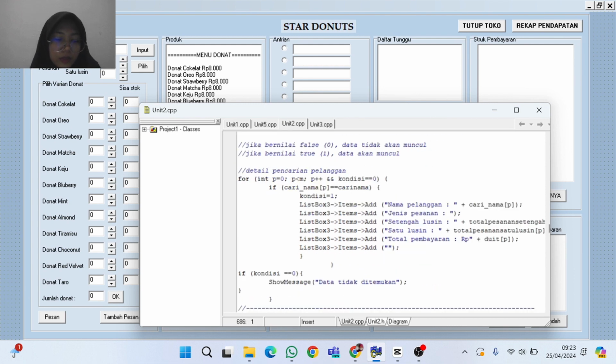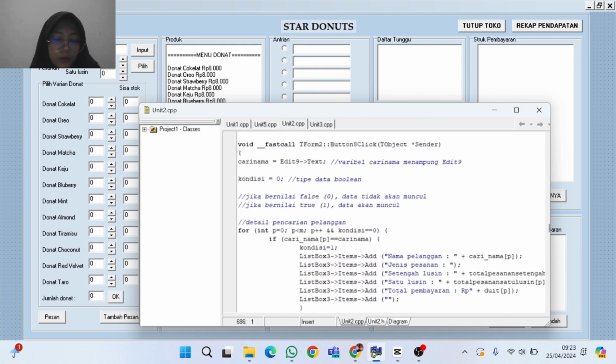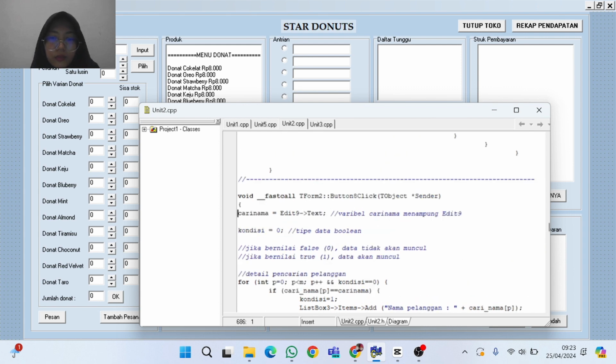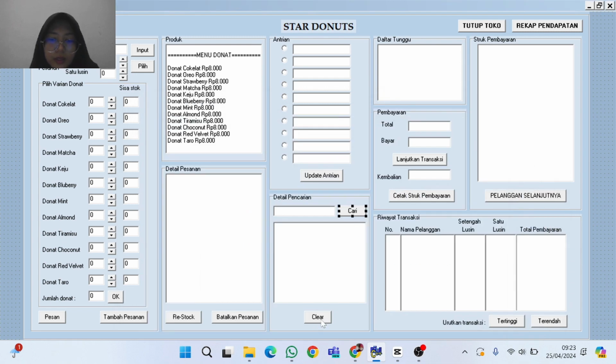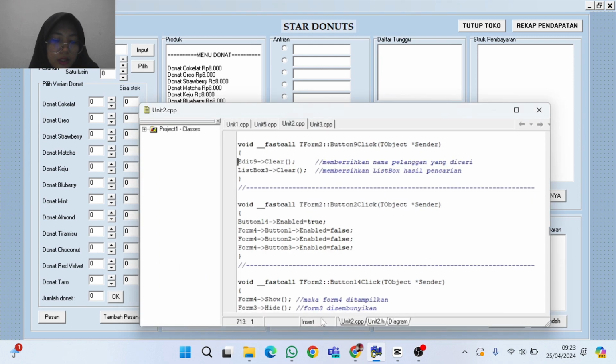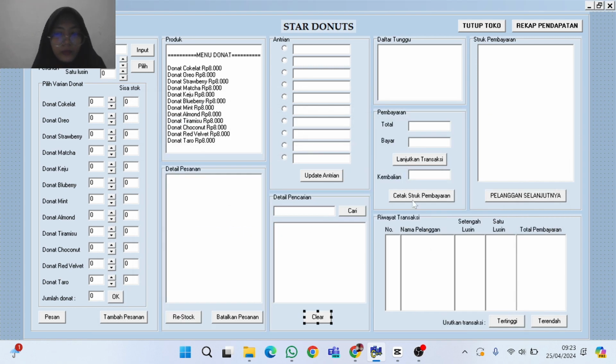If customer data has never come to the store, a message "data not found" will appear. And this is the clear button to delete the search history.